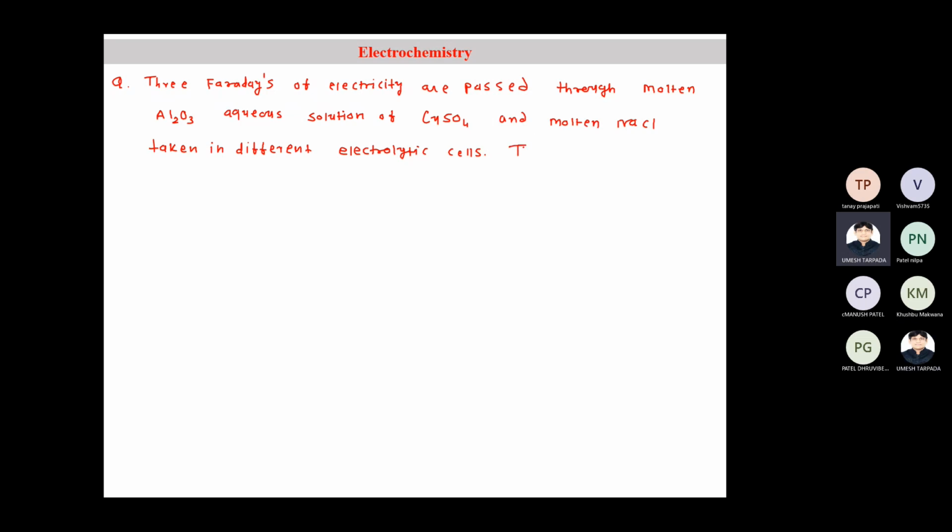The amount of aluminum, copper, and sodium deposited at the cathodes would be in the ratio of